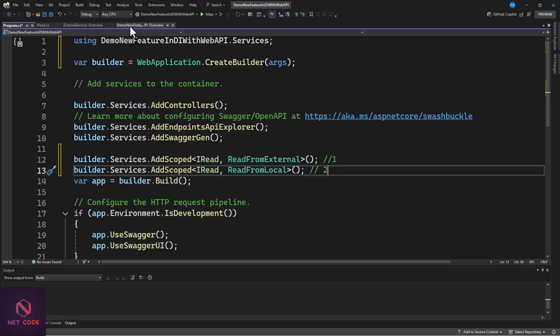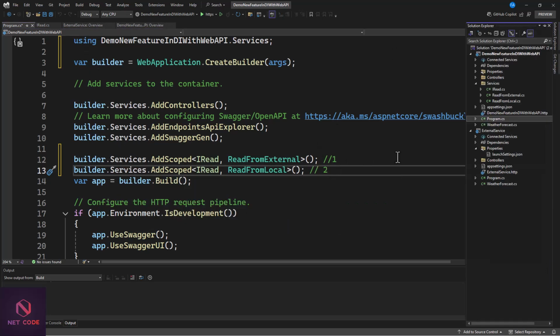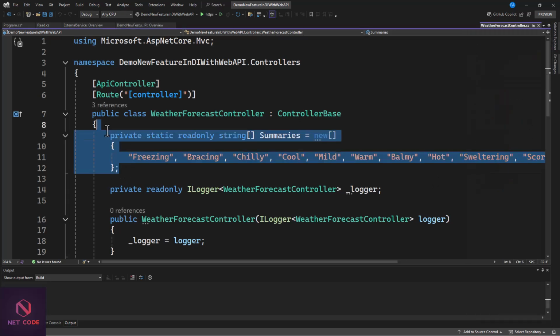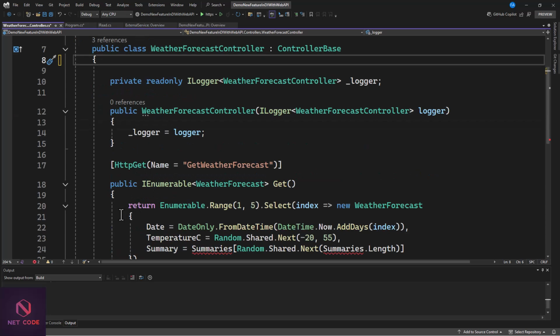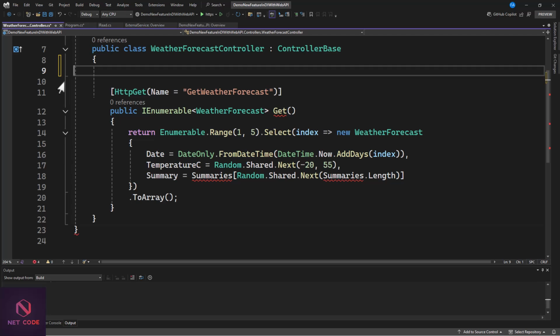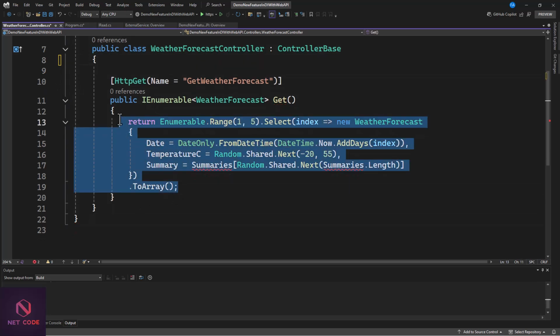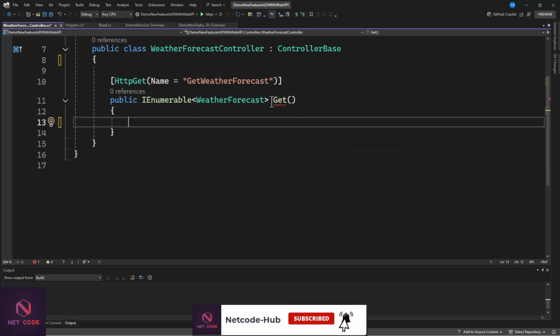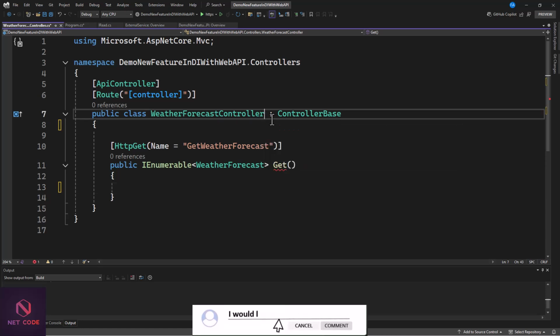So inside the controller here, now inside this weather forecast controller, you're going to implement this service. So we can remove this one. Let's remove everything that we have. Okay, so we have this. Now what are you going to do? Let's inject the service so we can implement primary constructor. So let's do this I read,